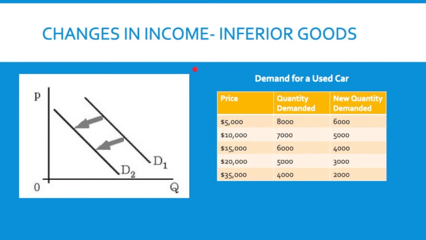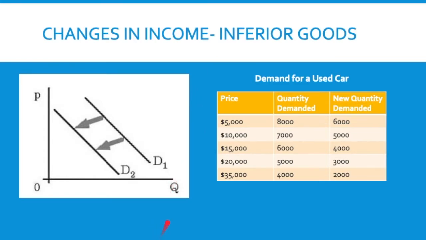I buy name brand foods, like Coca-Cola or Dr. Pepper. But if I have less money, then I'll buy inferior goods such as Dr. Perky, which is the Hannaford version of Dr. Pepper, or Mountain Lion, which is the Hannaford version of Mountain Dew. A little bit cheaper, so I'll buy the inferior goods, not as good as the original, but still acceptable.